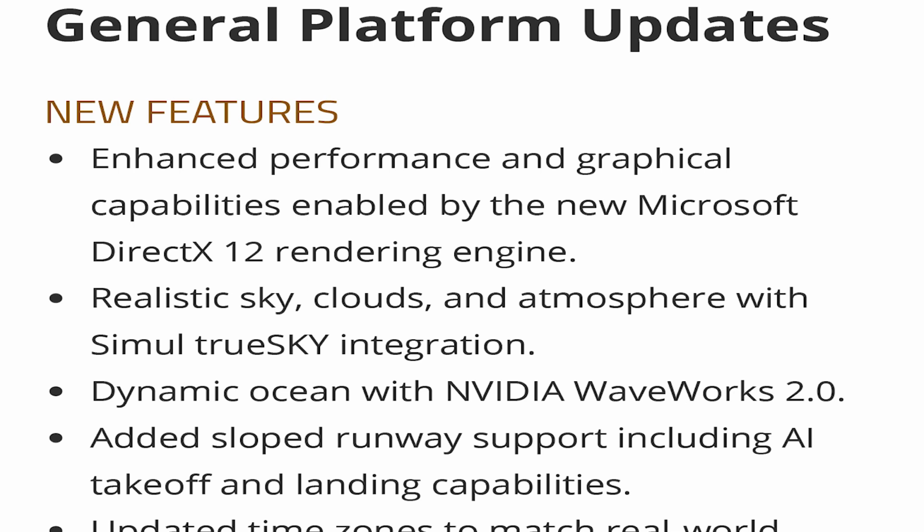Now, the second thing on that list is realistic sky, clouds and atmosphere with Simul's True Sky integration. Simul is a company that's just up the road from me. It's about 35 miles up the road in Liverpool, on the fancy dock part. Now, to use Simul's own blurb, True Sky is a real-time weather and atmospheric solution for software developers,